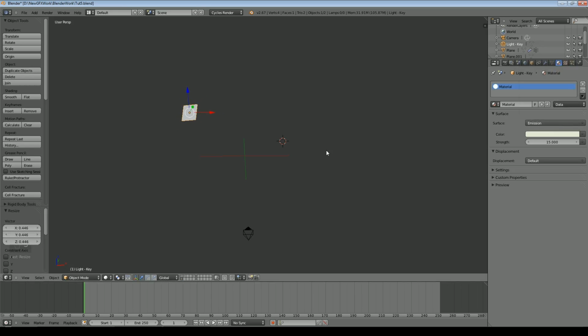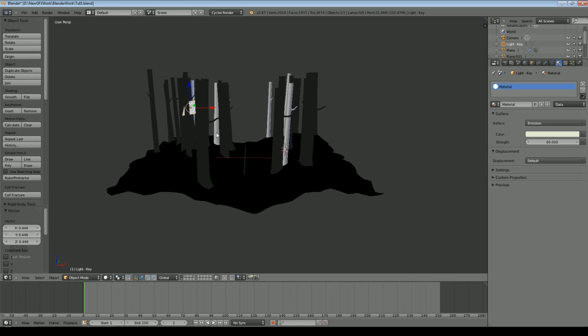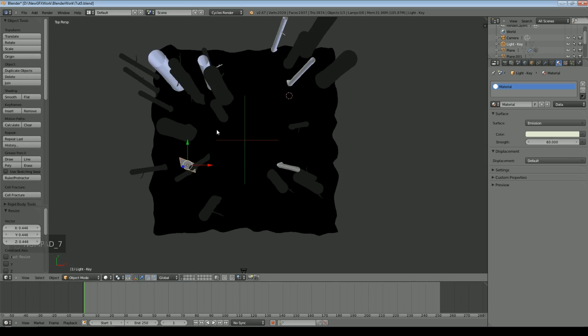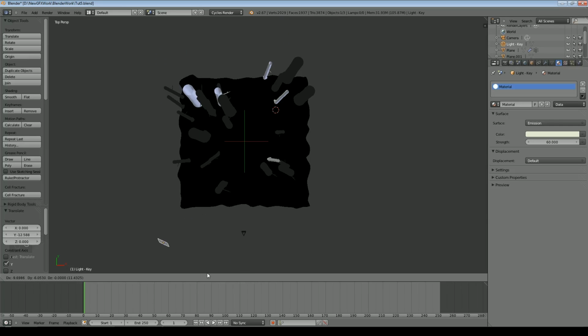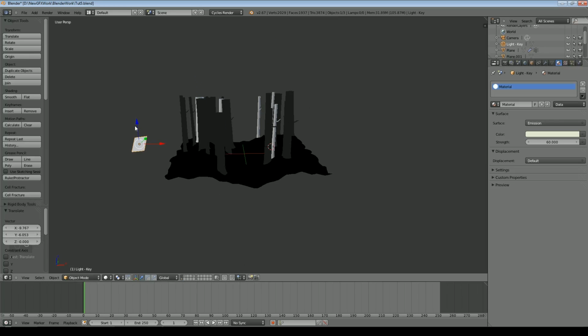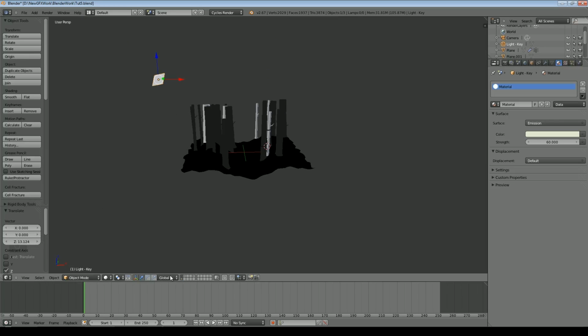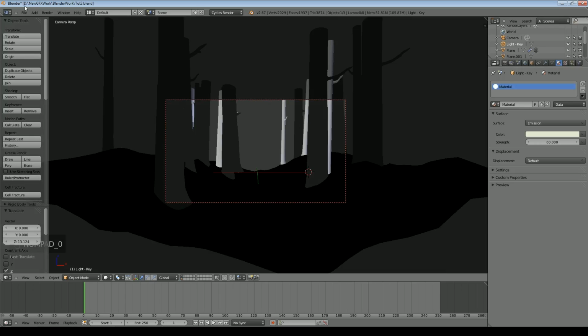The size of the lamp will affect how sharp the shadows are. So we want a certain amount of sharpness if it's supposed to be sun, but that means we'll then need to turn the brightness up. So I'll set it to 60 for now. We'll bring the land back and we need to position it. It's a bit low at the moment. So we'll have a look and see what that looks like. Just save it there.